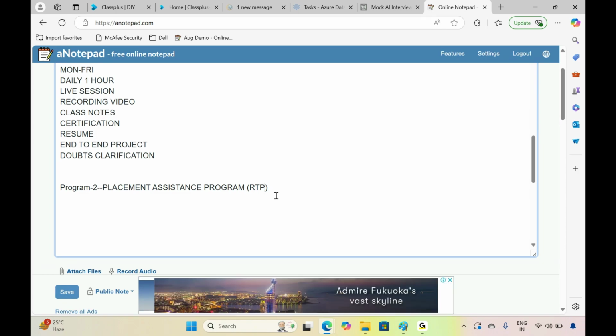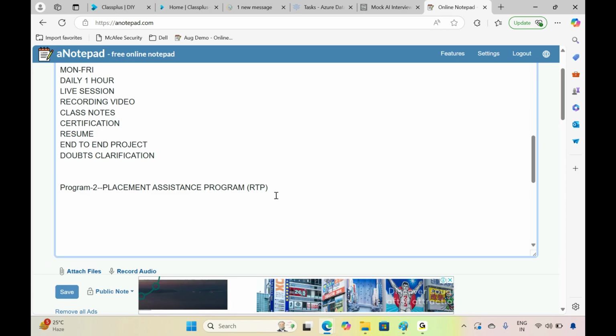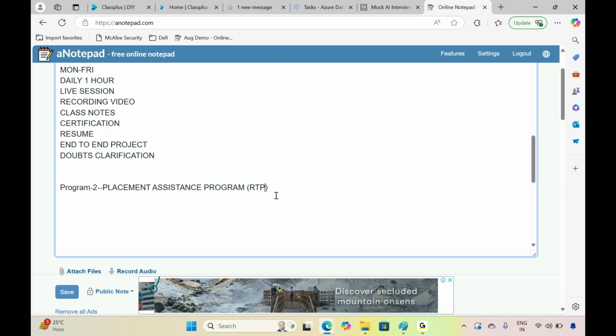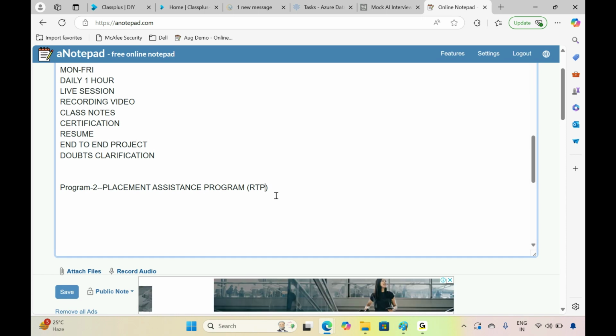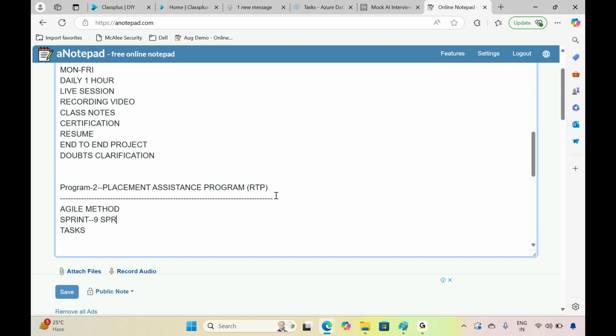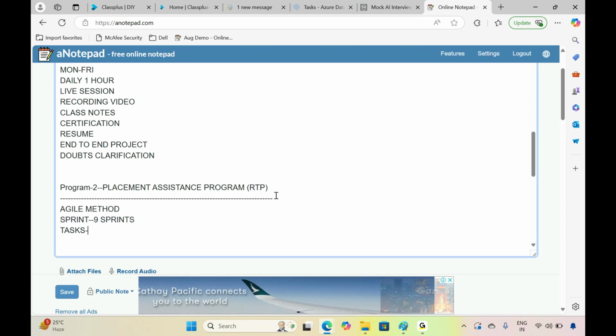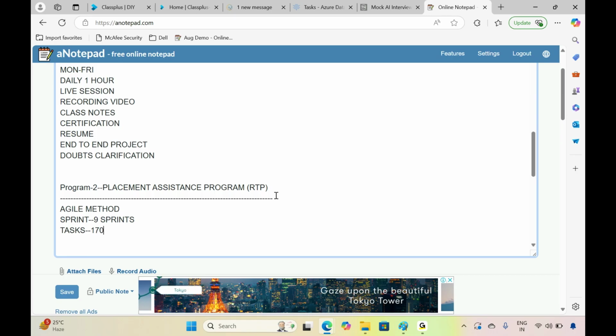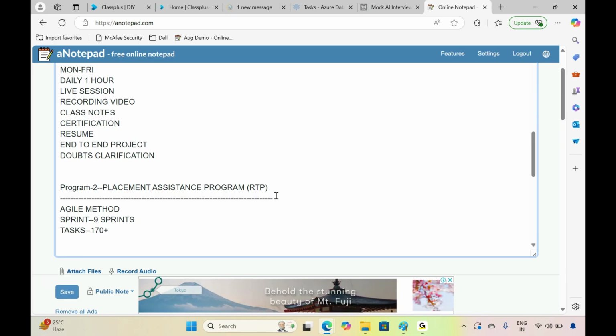So in every company when you join as a data engineer, how they create a project, how they run a project, how they run the agile methodology, how many sprints they run, how many tasks we have in each sprint, and how each task is assigned to you. This is how we have created, as of now, 9 sprints for this Azure Data Engineering, and we have designed nearly 170 plus scenario based tasks.